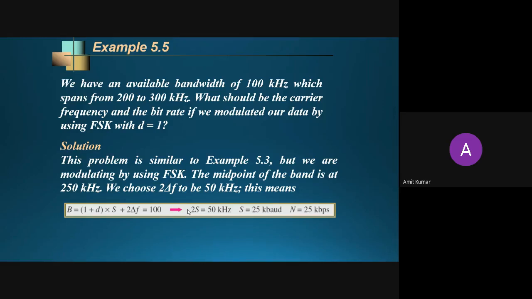Then you can easily calculate the bit rate, because the number of bits available here is 1, or the number of levels is 2, 0 and 1. So the baud rate will be equal to the bit rate. If you have multiple levels, say a 3 level signal, then your bit rate will be 3 times your baud rate. So baud rate can be equal to or greater than your bit rate, but it will never be smaller than that. In this way you can calculate the baud rate and bit rate of FSK.